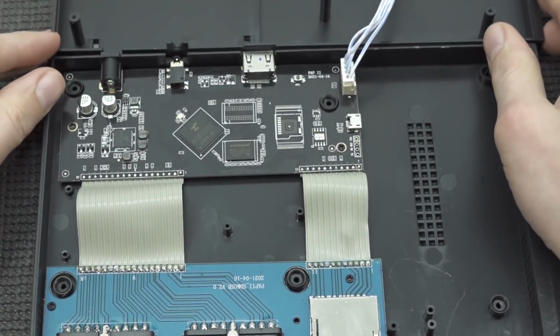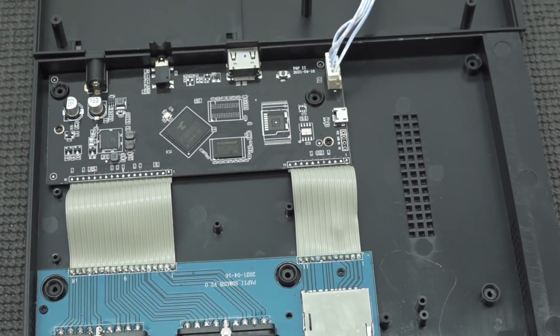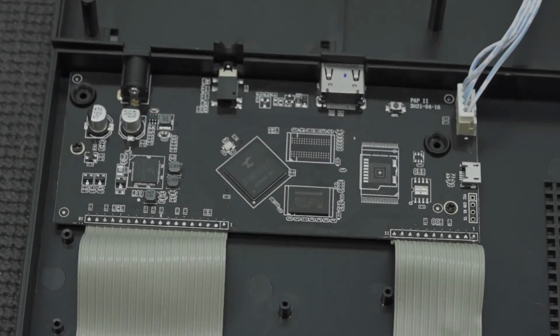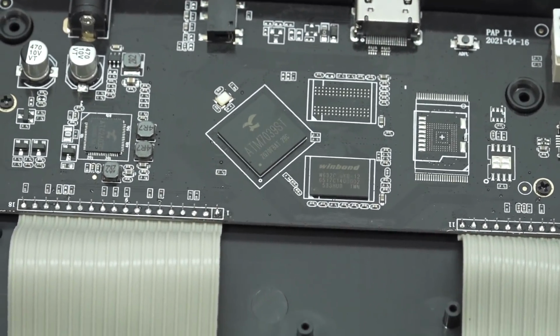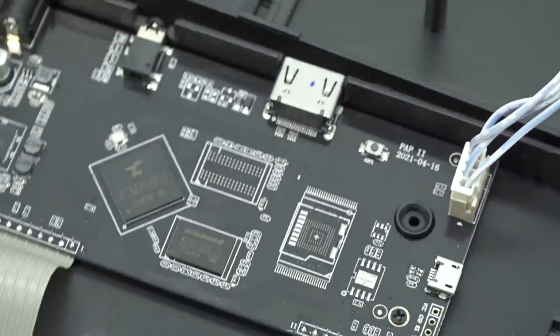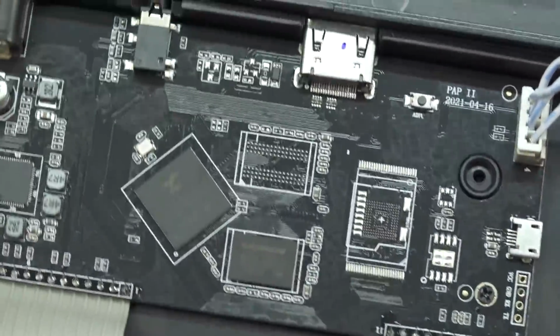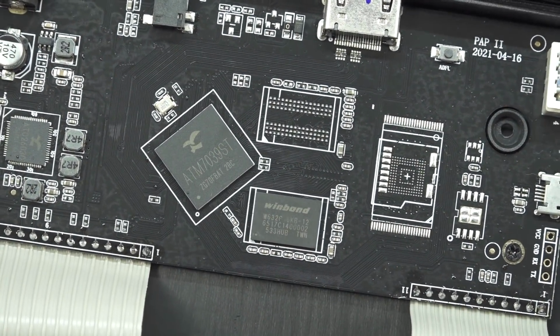And here there are some interesting things. But the thing that it doesn't have is basically some normal cooling. But let's take a close look at this over here. What does it say and what kind of chip? I must say that I have seen this chip before, but I did some googling and I couldn't find any information whatsoever. Here you can see the chip itself is the ATM